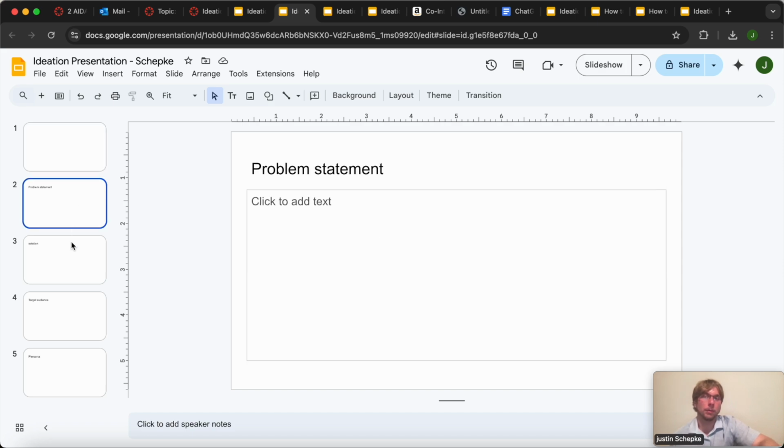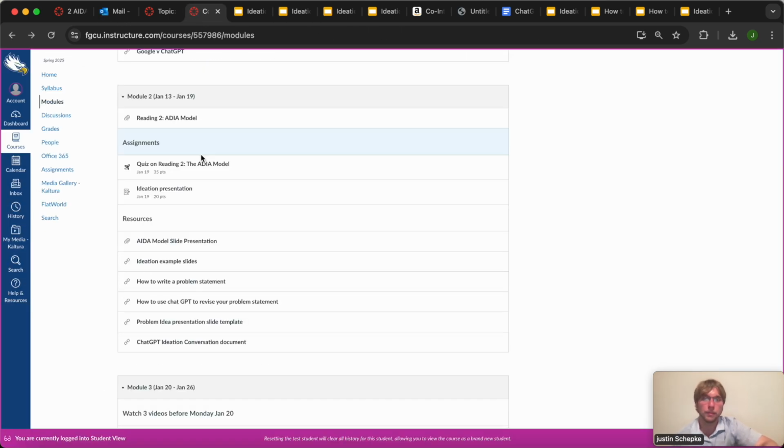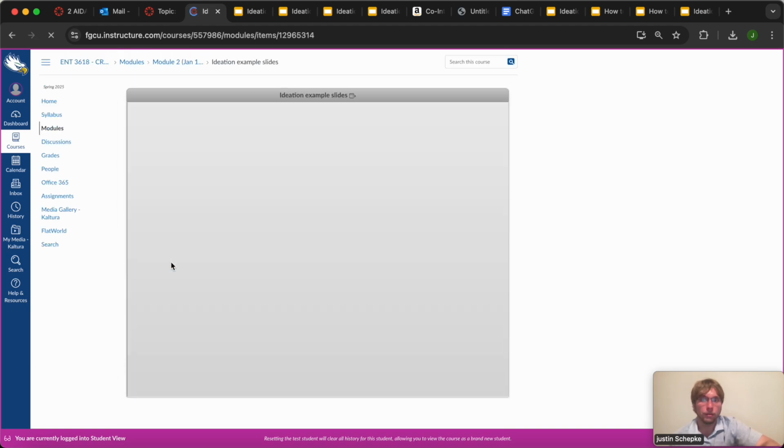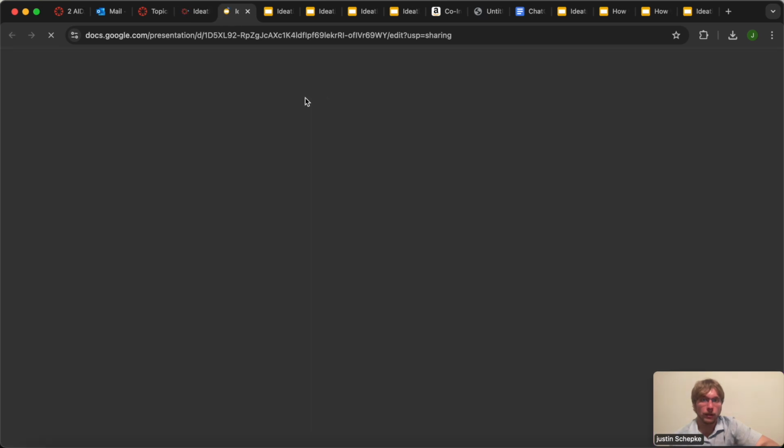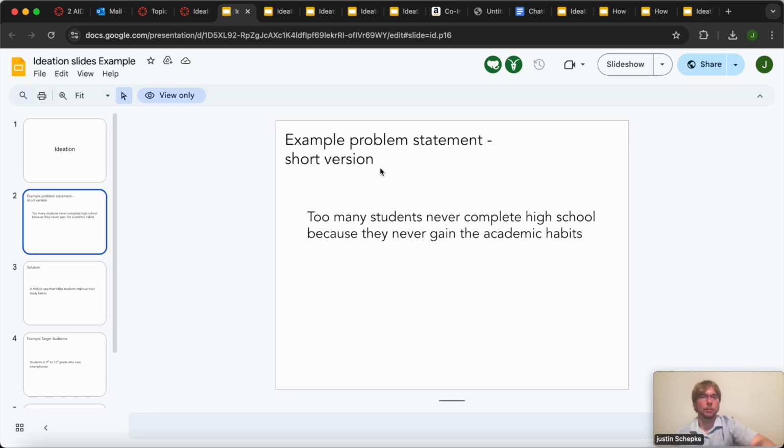So again, it's going to be your problem statement, your solution statement, your target audience, and your persona. We're going to talk about how to create each one of these in the best way. If I go back to the modules, the first thing I'll see is ideation example slides. These are quick slides to show you what we're talking about in the ballpark. So, an example of a short problem statement: too many students never complete high school because they never gain the